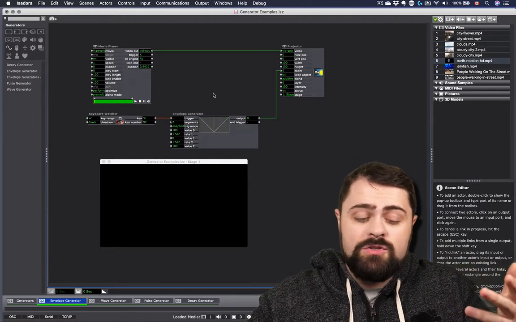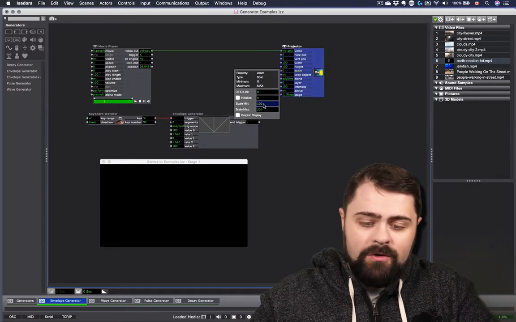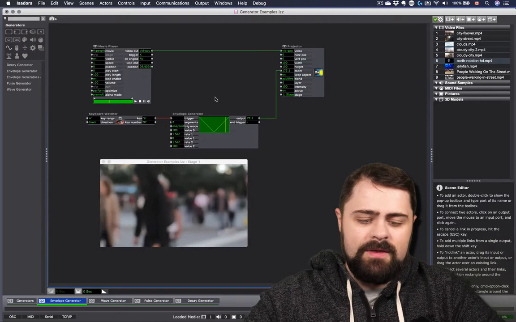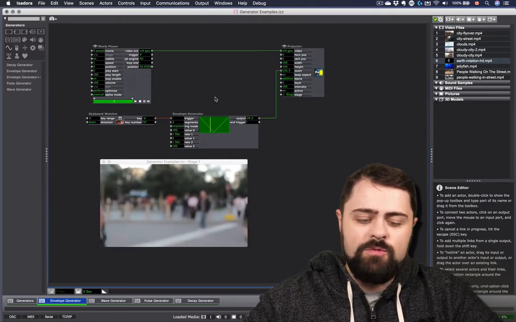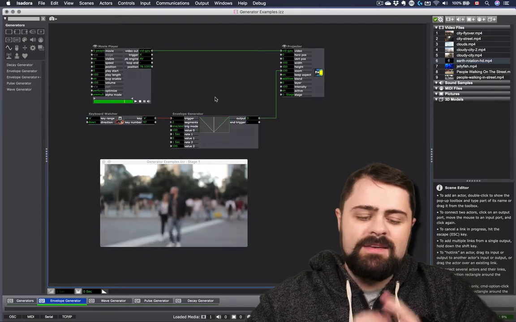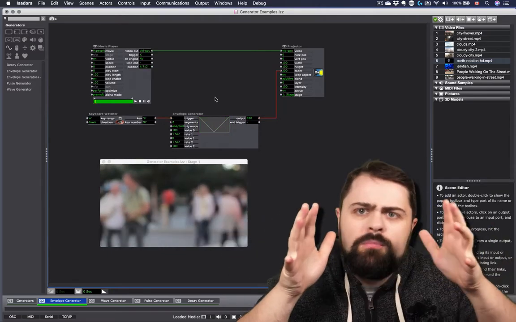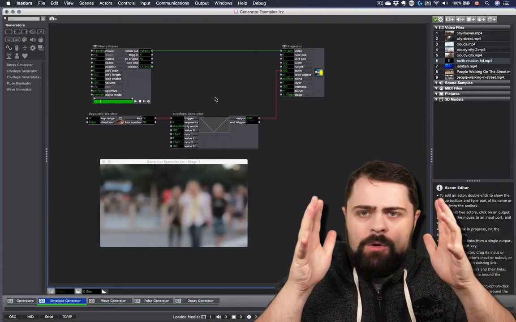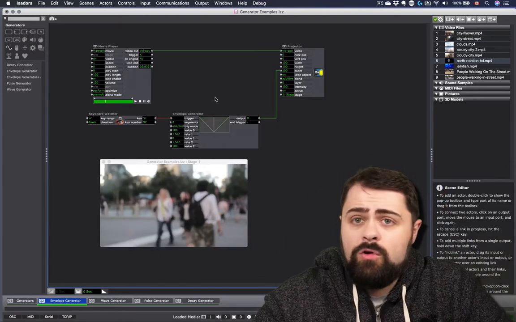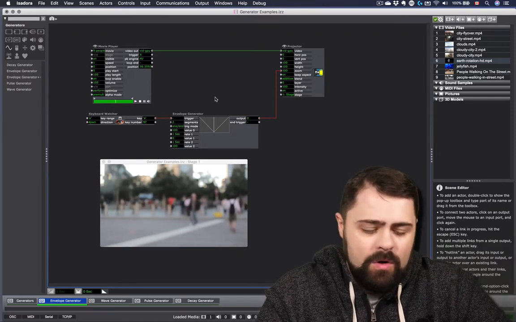Maybe I don't want it to zoom out completely, so I'm going to change the minimum to 100, and now I've created something that will zoom in and zoom out just a little bit without taking the entire image out entirely. This is kind of great for a bit of a press in moment or a press out moment in the video that we're creating, and it's completely under our control when it happens or doesn't happen.